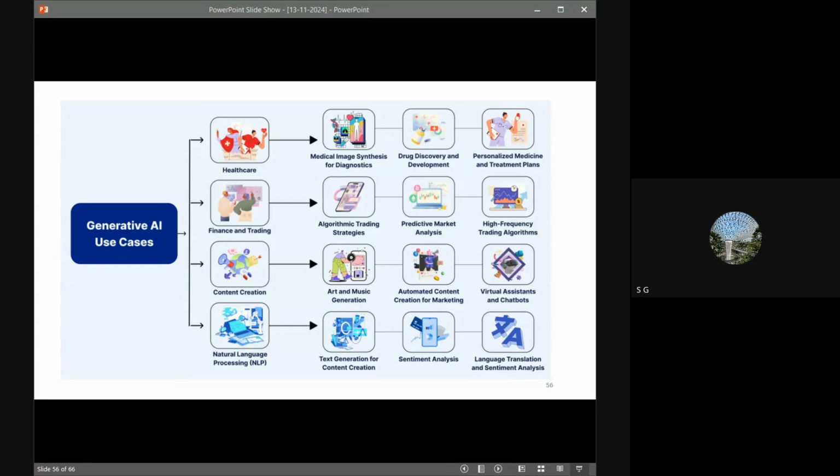There are healthcare people working with medicine, drugs, treatments, and many other things. When we talk about finance, we are talking about algorithms developed for trading, market analysis, and high frequency trading algorithms. Then content creation, which is much more popular. This could be for art, for a movie, or for making a serial, or